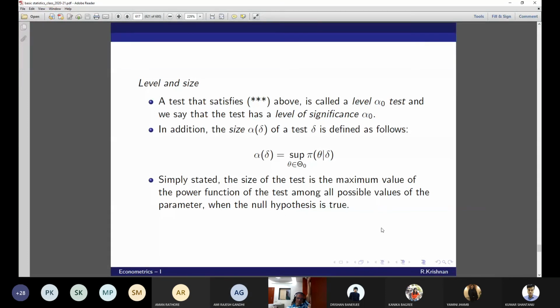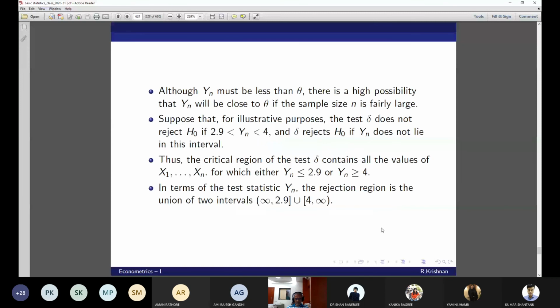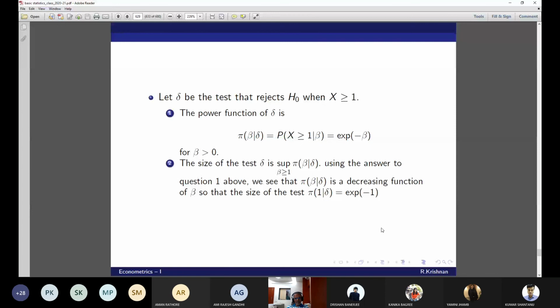The size of the test in normal parlance, what will be the size of the test in normal parlance? Normally, what do you take the size of the test? 1% or 5%. Exactly. Then here we are not fixing the size of the test. We are calculating the size of the test. Am I right? In that sense, yes, you are correct. This is what is normally called the significance level. That would explain your question. Is it okay?